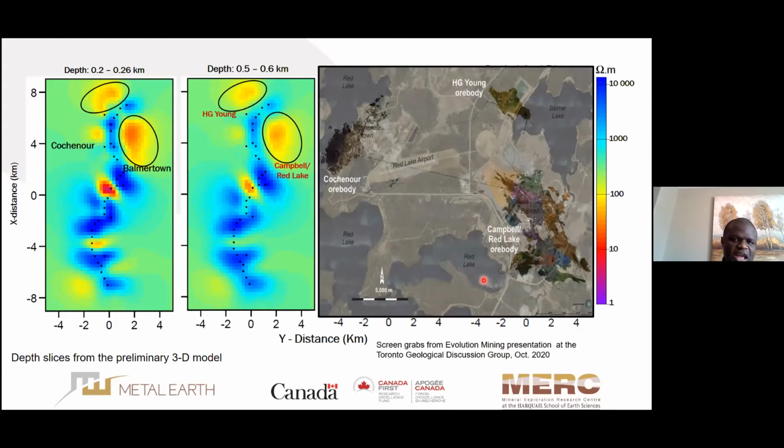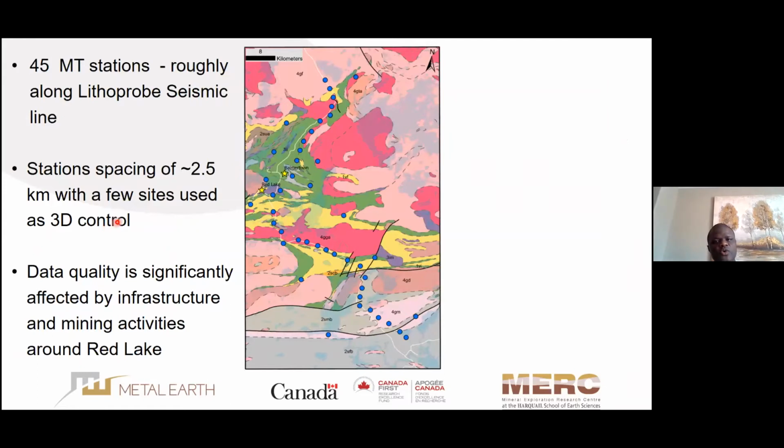So that's all I have for the AMT at the moment. We have other structures there. I don't know what they are right now, but this is in its infancy at the moment, still working on it. And so going to the MT, we have 45 MT sites distributed roughly along the Lithoprobe seismic line in